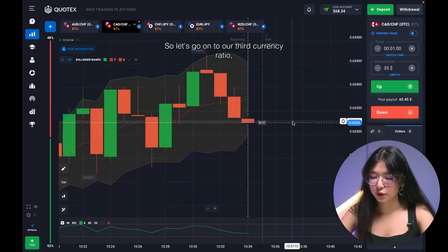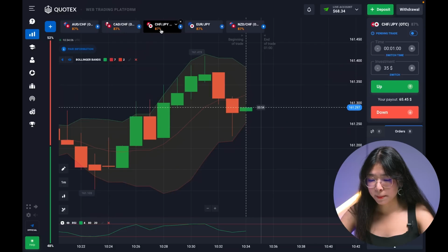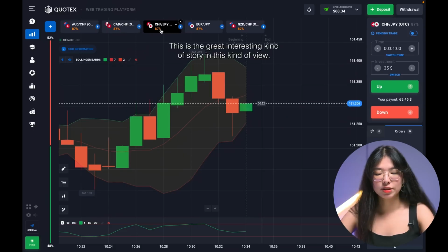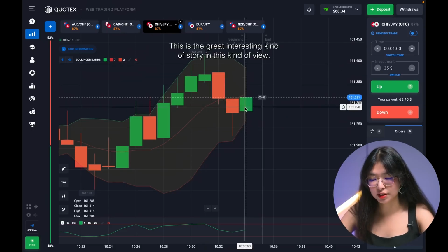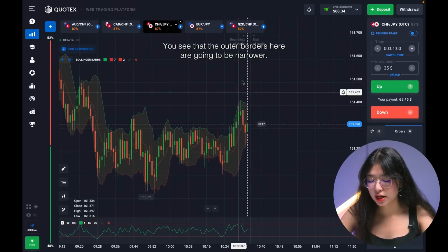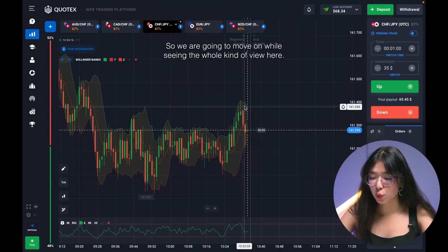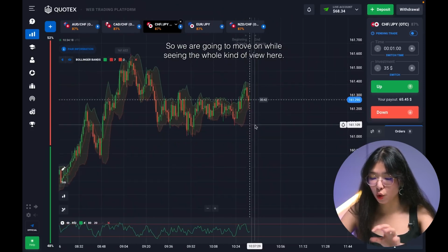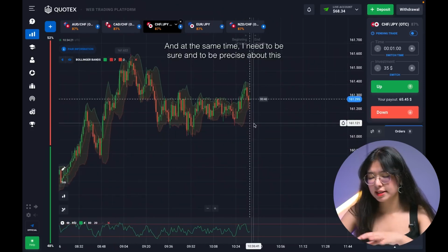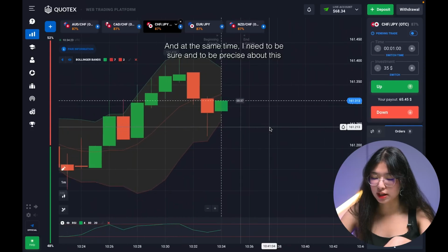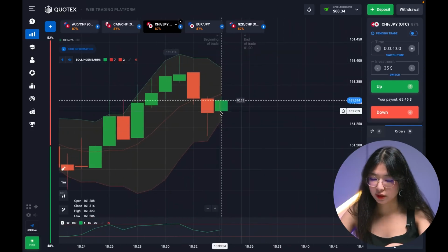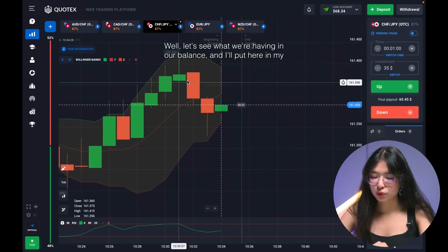So let's go to our third currency pair. This is a really interesting story in this view. You see that all the borders here are going to be narrower, so we are going to move on while seeing the whole view here. At the same time, I need to be precise about this part of the graph. So let's see what we have in our